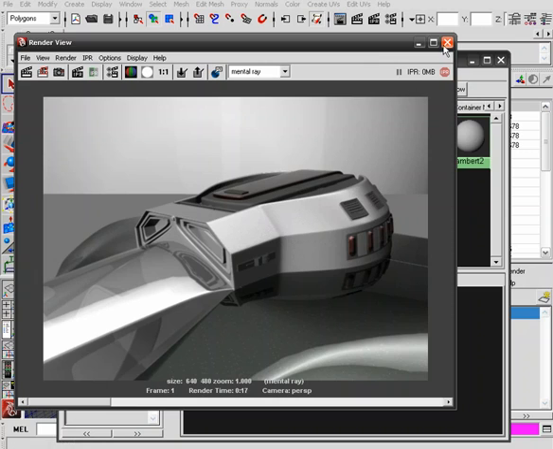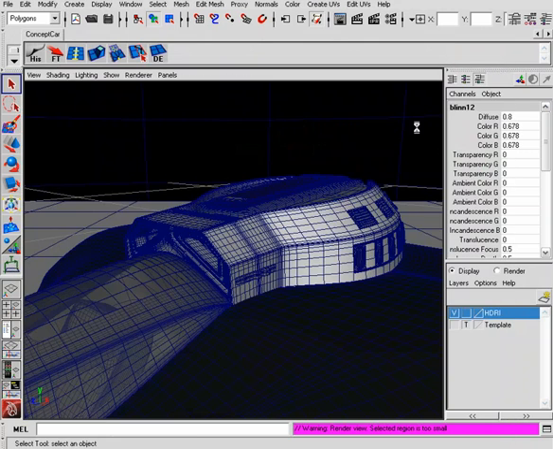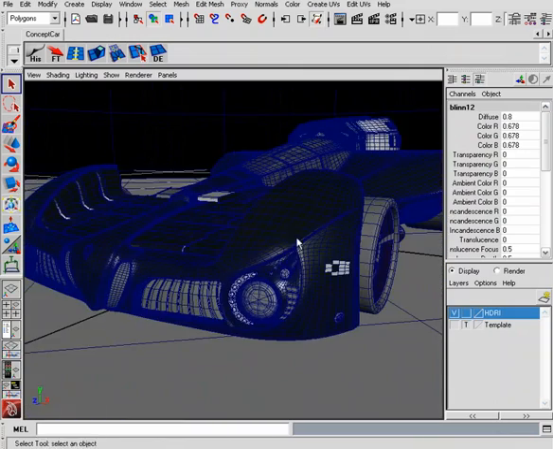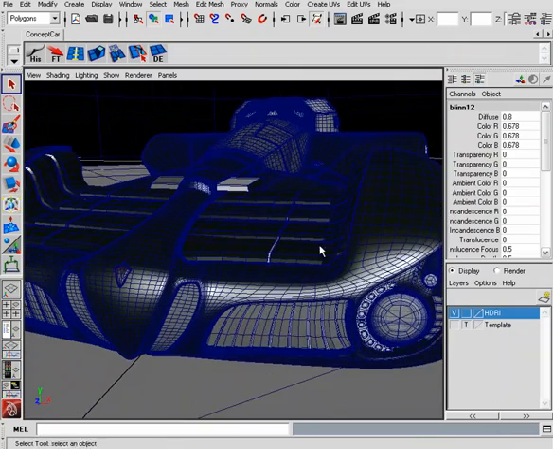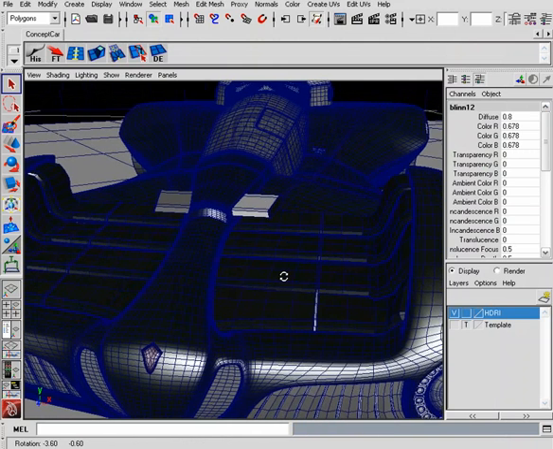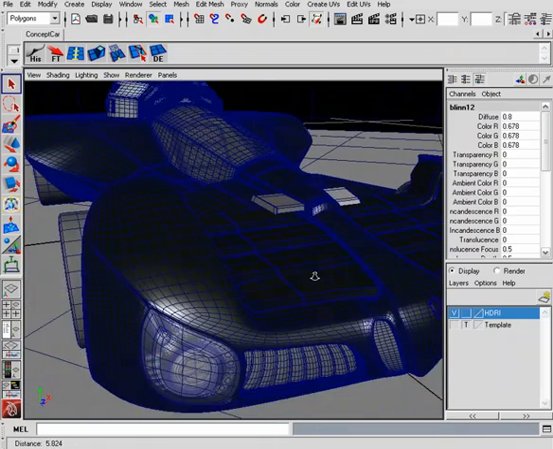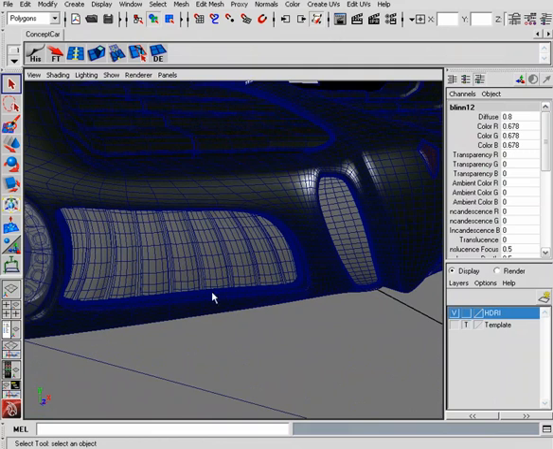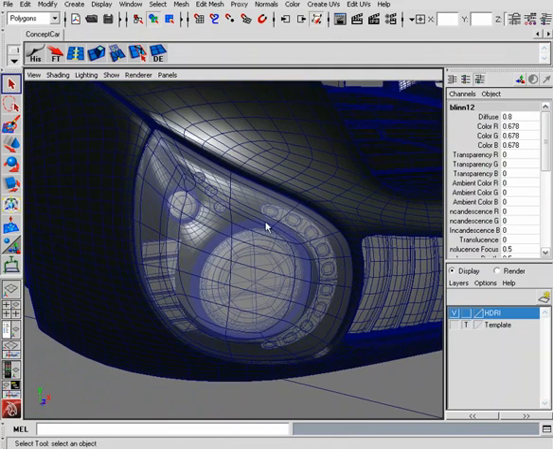Okay? So between this lesson and next, I'm just going to go through and apply that chrome material to the different pieces. So I have trim pieces here. I have the trim around here, and that's just simply a matter of selecting those faces and assigning it to that DGS material. I have the pieces in the grill, possibly the interior trim pieces here, some pieces on the headlights that I want to assign,